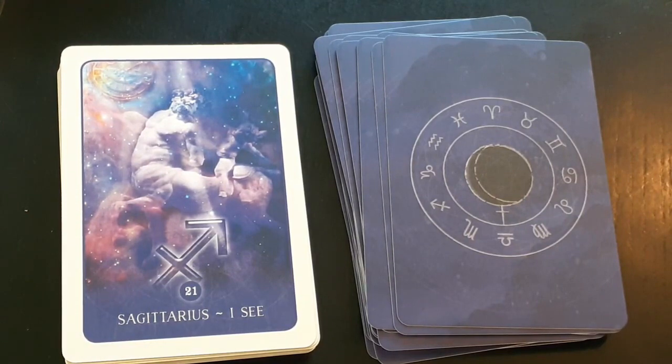Sagittarius, I see. Okay, good luck. Favorable conditions, being open and broad-minded, going for the truth, being truthful, being frank and honest, being kind and helpful, allowing others to be who they are, seeking answers, becoming curious, psychic fairs, visiting areas of study, universities, lecture halls, churches, bookstores, courthouses, feeling passionate, going on a big adventure, travels in a southeastern direction, giving others